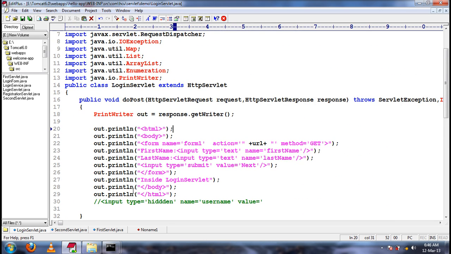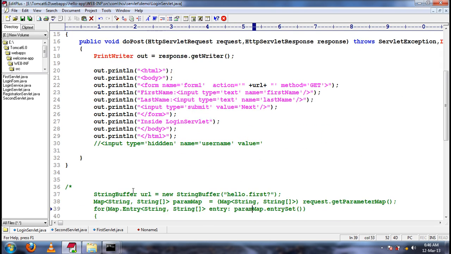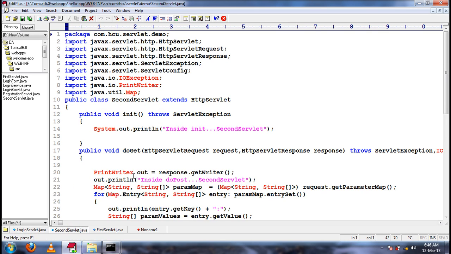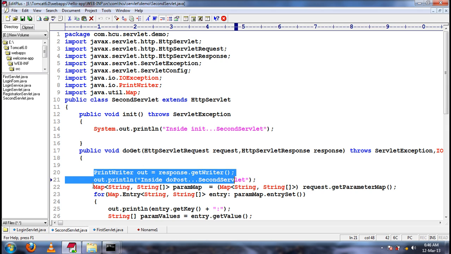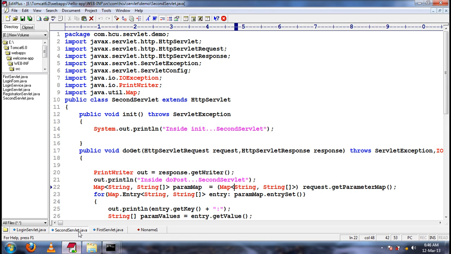I don't modify anything in the form, I'll just make the form intact. Same way in the second select also, I don't do anything in the form. So in the first select.